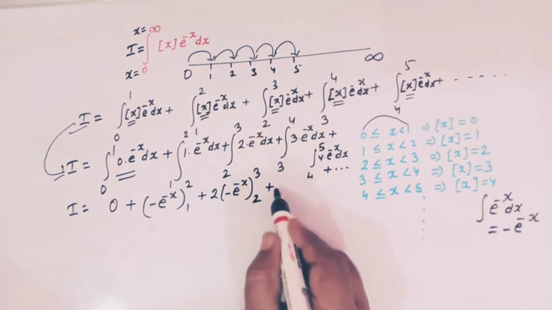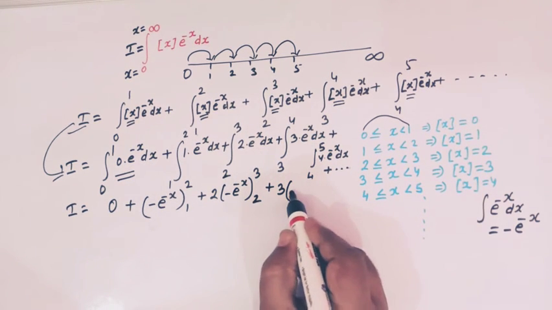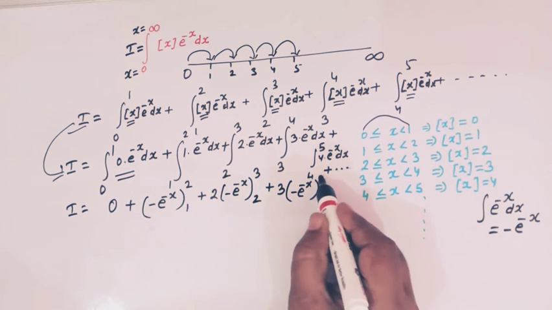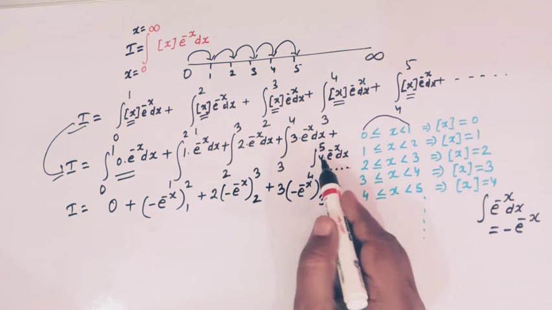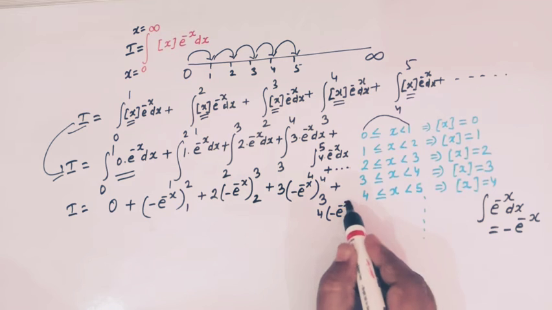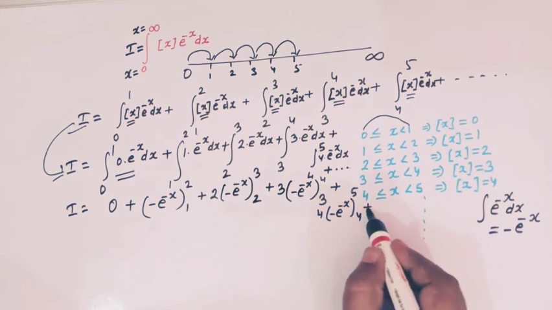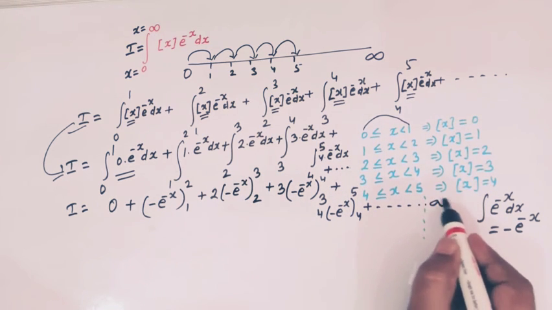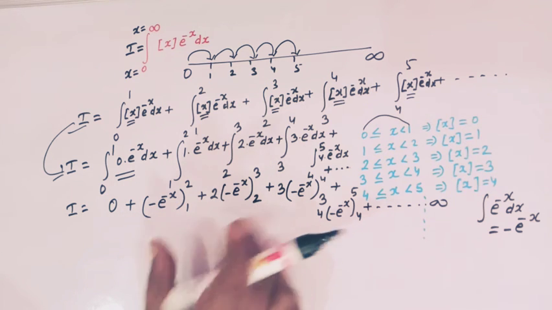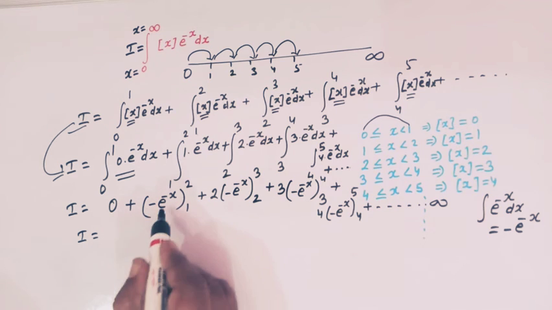Then we have, taking 3 outside the integral, minus e raised to minus x, limits are from 3 to 4, and then we have 4 times minus e raised to minus x, and the limits are from 4 to 5, and so on, right? Okay, so now we can easily simplify this expression by writing I is equal to, so here we can take